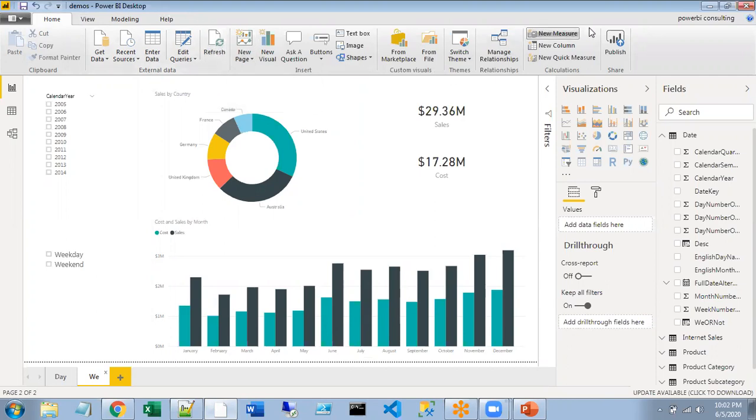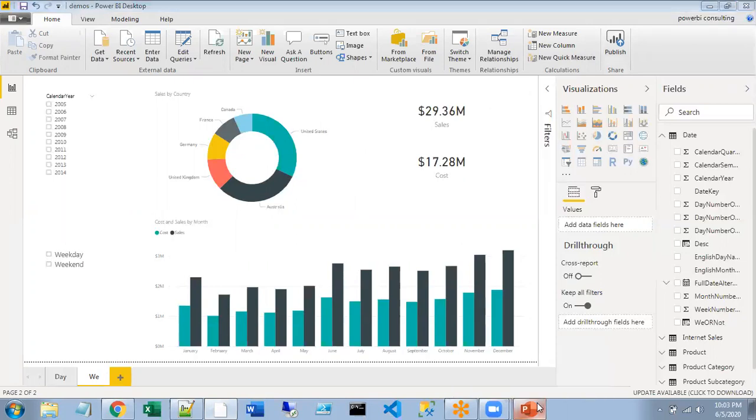And if you publish this report to Power BI service, and if you have set up a data gateway, and if you have scheduled a daily refresh at a particular time, then when it gets refreshed daily at that time, the expression for the calculated column will get evaluated. So if you refresh it manually, it will get evaluated. Okay, so it means every refresh, your calculated column expression is going to be evaluated.